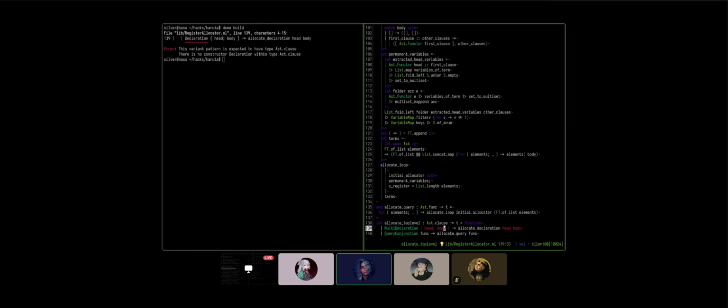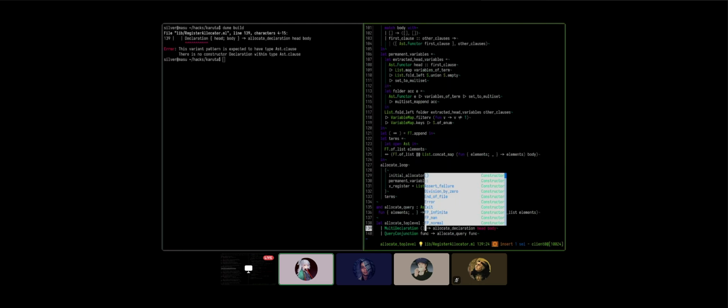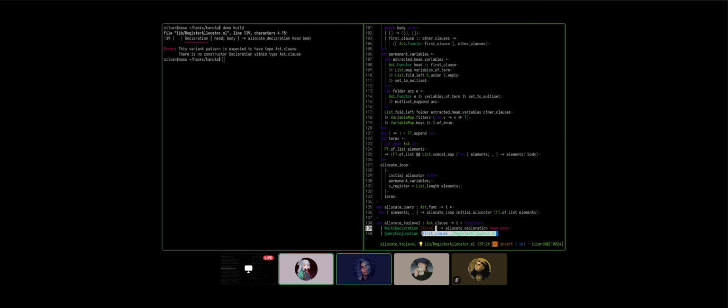This pattern matching is wrong. Just put declarations in there. Oh, this is not actually the head and the body, right? This is the first. This is a pair, right? So get rid of the record, and then there's the first, and then there's everything else.